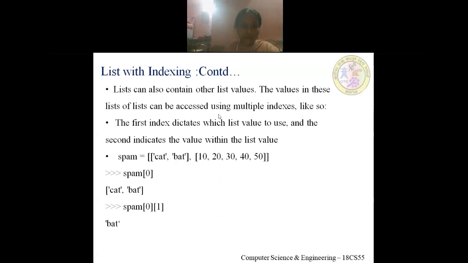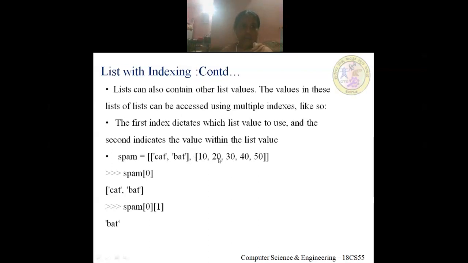Similarly, if I want to access 20, how can I access it? Spam[1][1]. What does the first 1 represent? It represents the second element in spam, that is the list 10, 20, 30, and inside that, 20 has index 1.